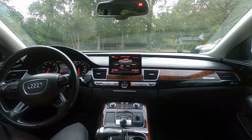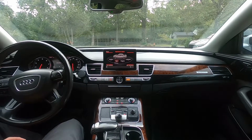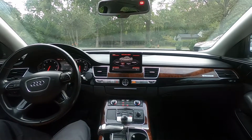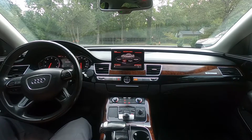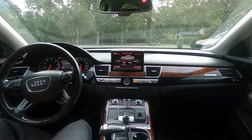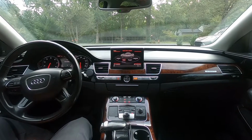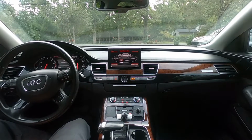We have a 2012 Audi A8L. Yes, this is the limousine model with the extended length. Now, it came to us with several problems. First, the battery was completely discharged, and the reason why is the vehicle had to be towed, and the tow